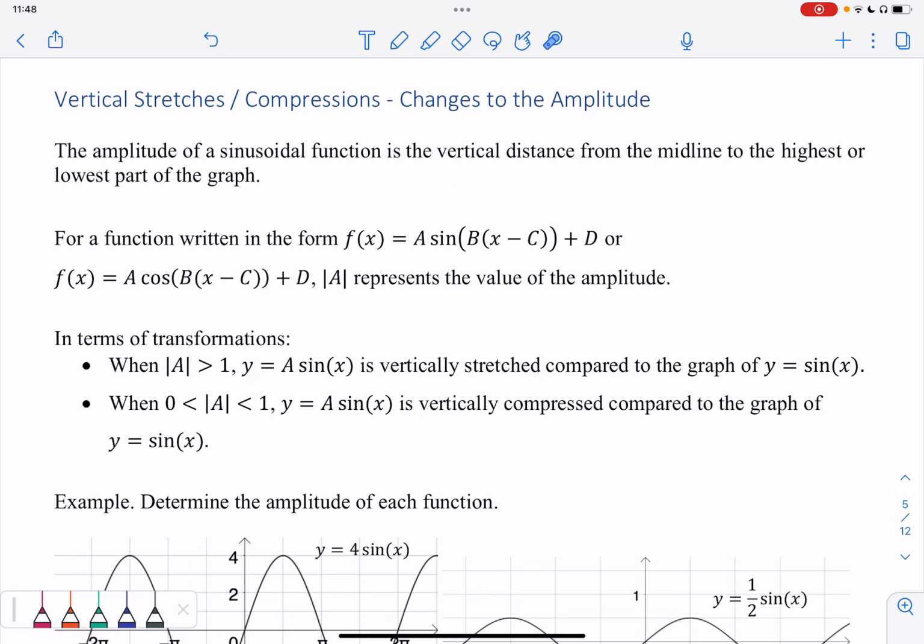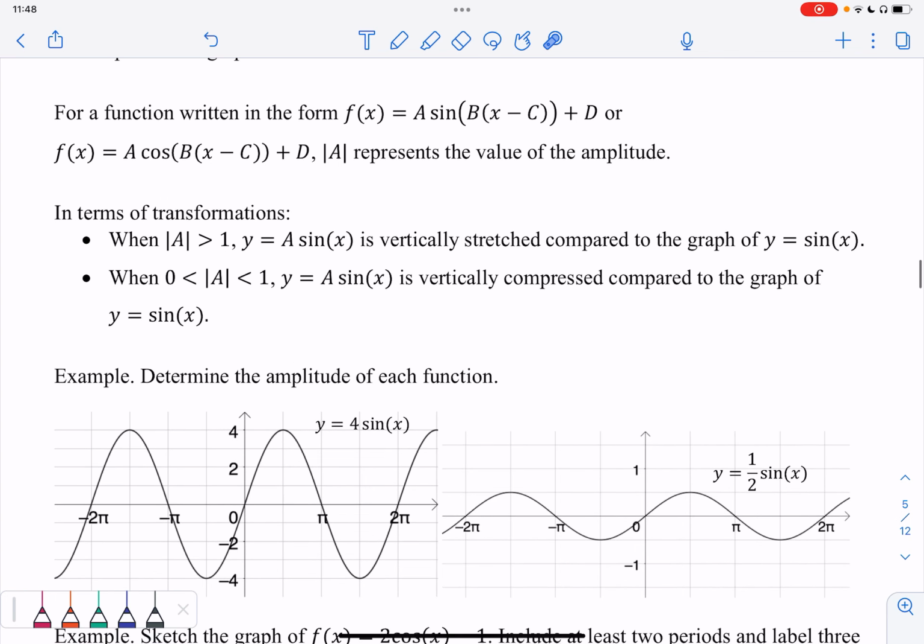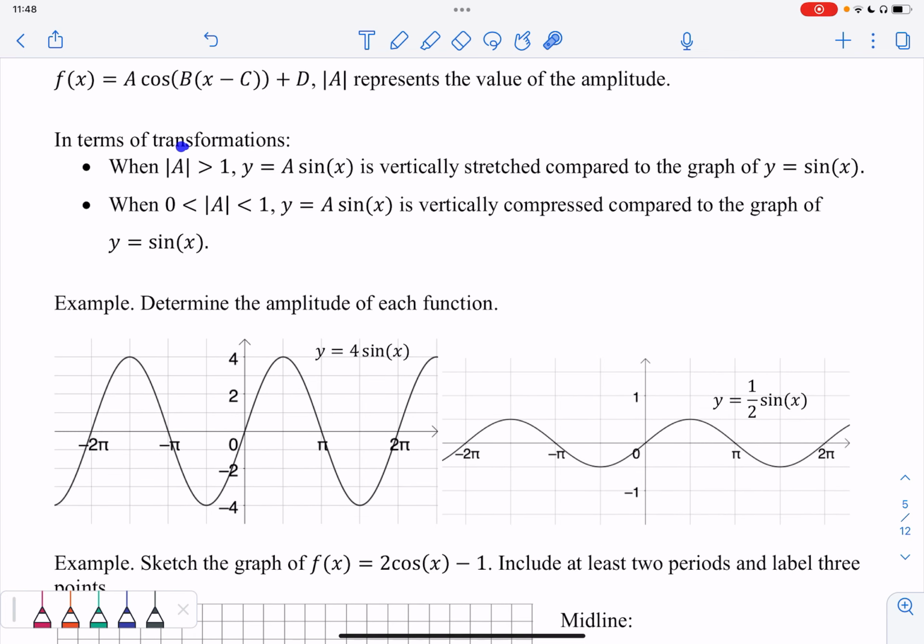of the amplitude. Now, why are we using absolute value? Well, if A is negative, we know we can't have a negative amplitude since it corresponds to a length or a distance. So the absolute value of A is what's going to give us our amplitude, which is always greater than 0. Okay, so in terms of transformations, when the absolute value of A is greater than 1, well, now